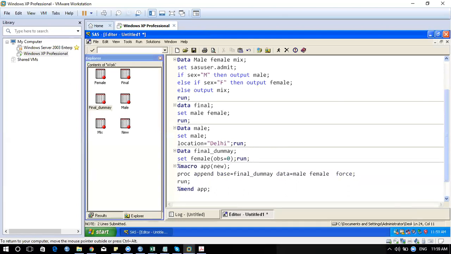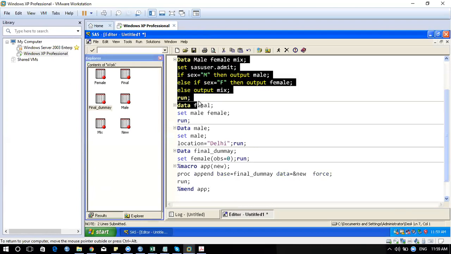So now my requirement is for this to be added, correct? So I can keep ampersand new. I'm creating this macro variable, which will help if you have 30 days or 30 files. So how will you do it by using macros again back, correct? So we know that this is my common file.